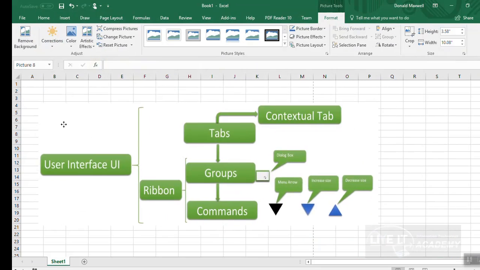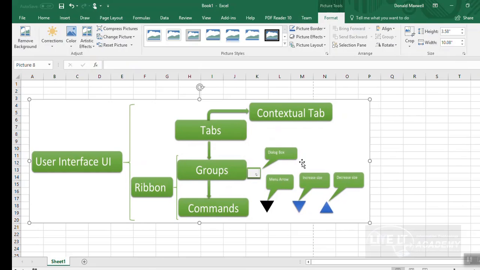Here's my object that I've embedded in the document. It is simply a picture of the structure, right? And when I do that, notice at the top, picture tools appear. That's called a contextual tab. And under the picture tool, there's a special tab called format that allows me to then go in and format